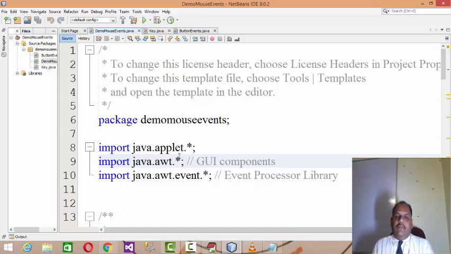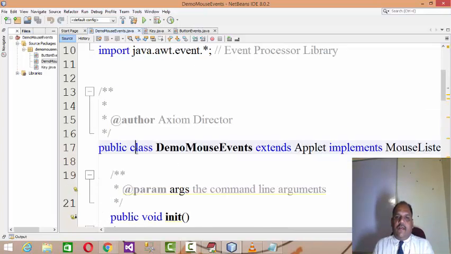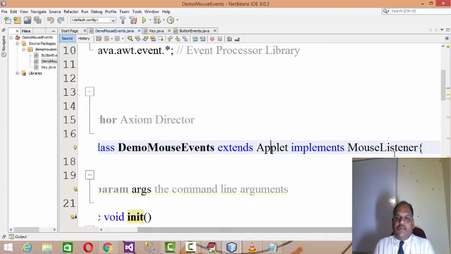Here I am planning to create an applet which is responsible for processing the events of the mouse. So I am writing a public class called DemoMouseEvents, extends Applet, implements MouseListener, because I want to process the mouse events on that applet. So I am going to implement the MouseListener interface.